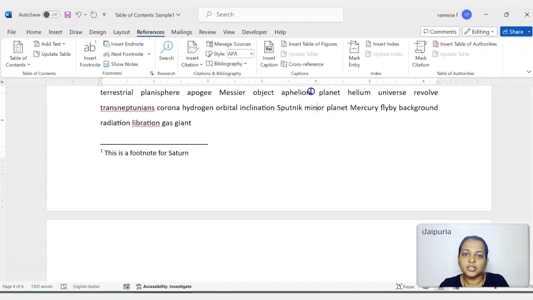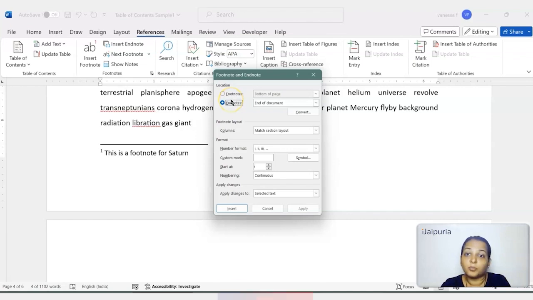For this also I can choose to change the format. I can open my Footnote and Endnote dialog box. For the endnotes, I need to first select exactly what settings I want to change. It's already selected by default as Endnote, because that was the last thing I inserted. Here I can choose the different options available for how I can insert endnotes. I can even choose to add symbols for that matter. So symbols can be added, numerals can be added. There are different ways it can work. Changes can be applied to the selected text, or if you want it applied to the entire document, that also can be done.